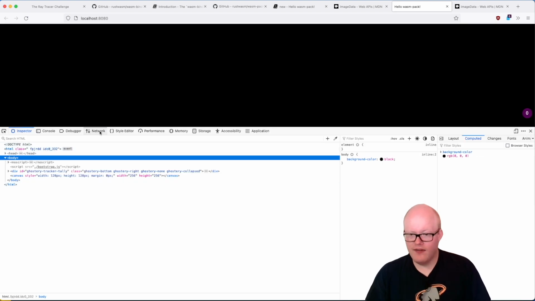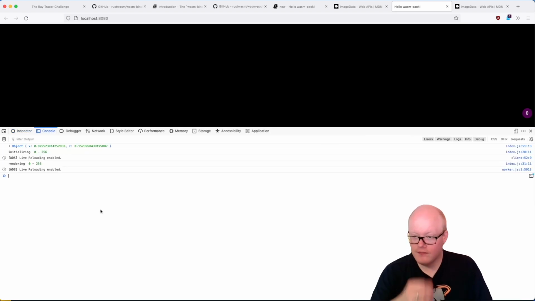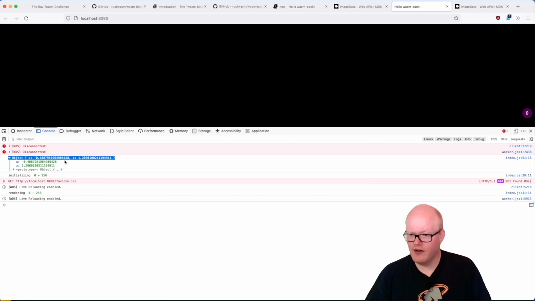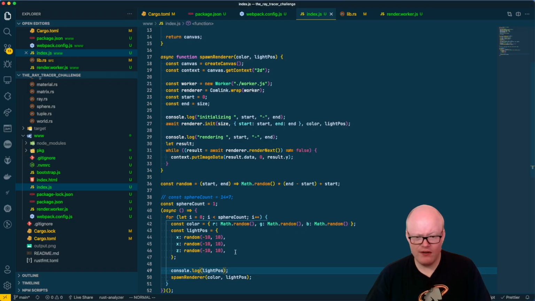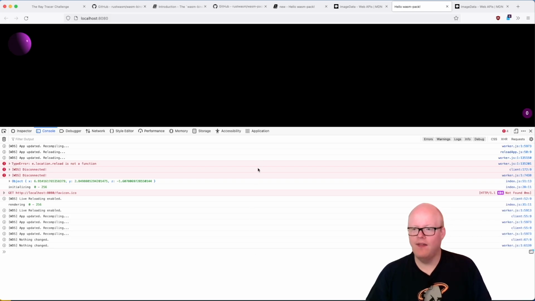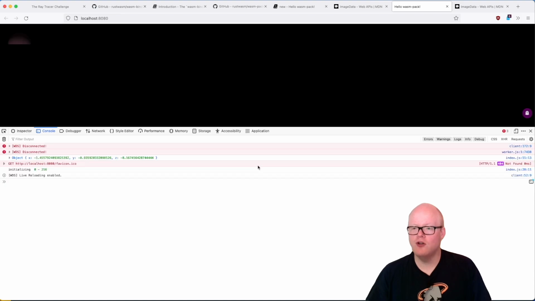Don't know yet. Let's see. Console rendering. So it tells us that it is rendering object -0.4 something. There is something wrong. There is a coordinate missing, definitely there. So, oh, I should have done X, Y, Z and not, yeah, and now we are actually getting